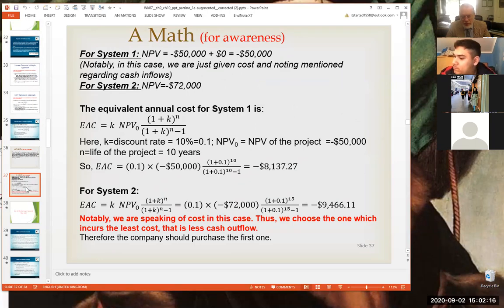So in the example I was giving you of the project which returns $1 million of NPV after 6 months, its annual equivalent would be $2 million, because if you divide 1 million by a half, same as multiplying it by 2, you end up with 2 mil. So your annual equivalent NPV for that first project would be 2 mil. If you look at the 2 mil NPV project that takes 5 years, the annual equivalent NPV for that will be 2 million divided by 5, which is 0.4.